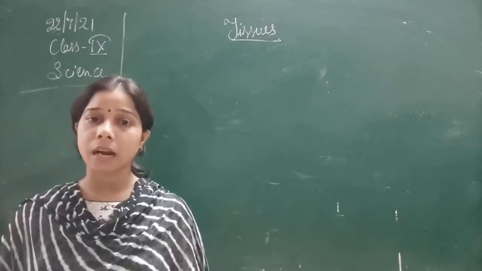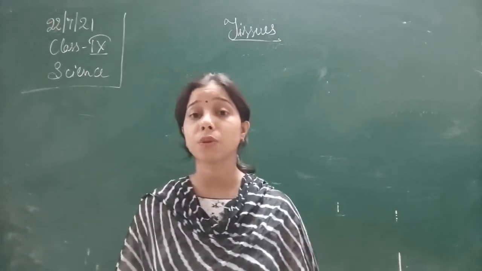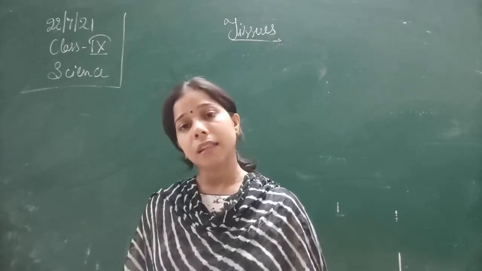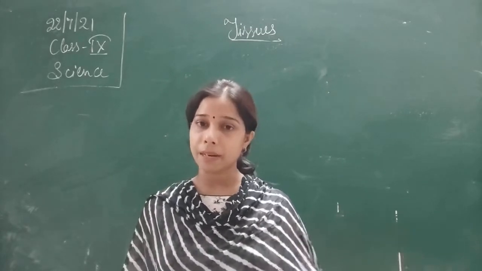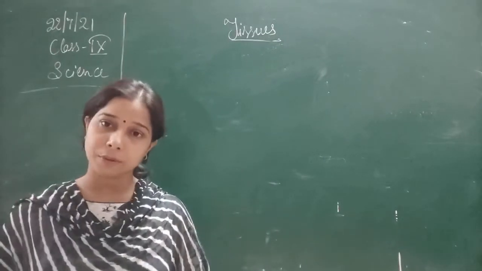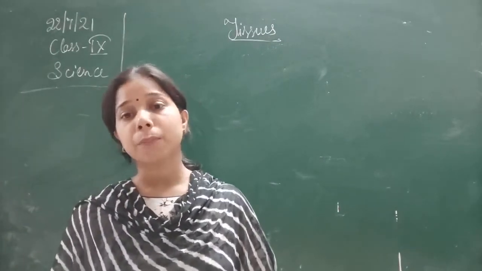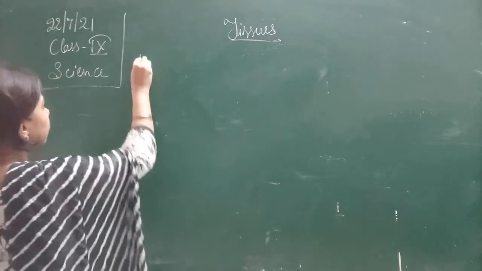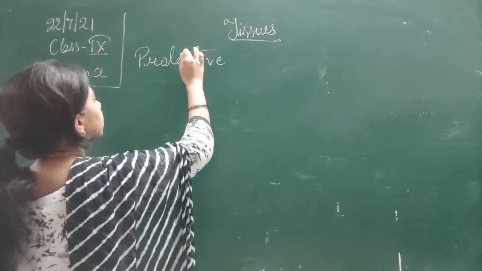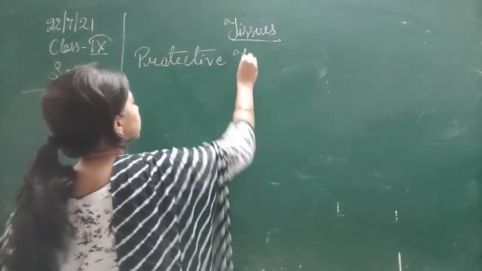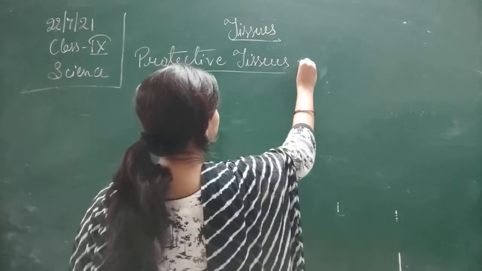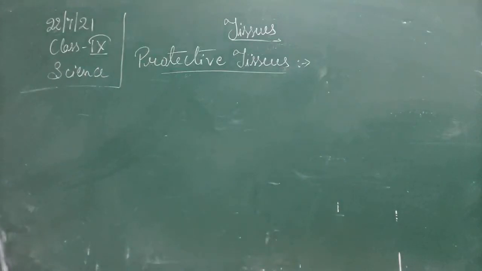Now here we start to understand one more thing, and that is protective tissue. What do we understand by protective tissue? So let us see that. Meristematic tissue and permanent tissues are there, as well as another type of tissue which is called protective tissues.